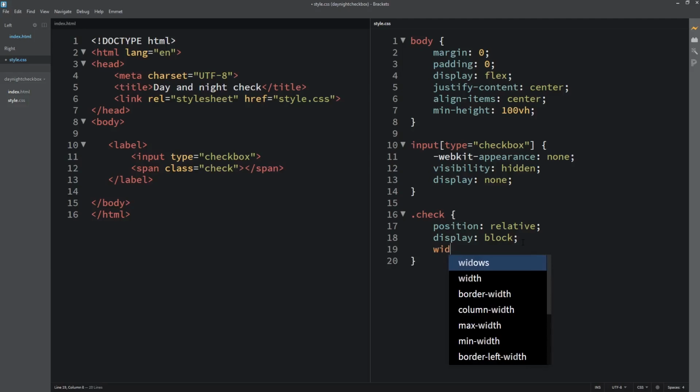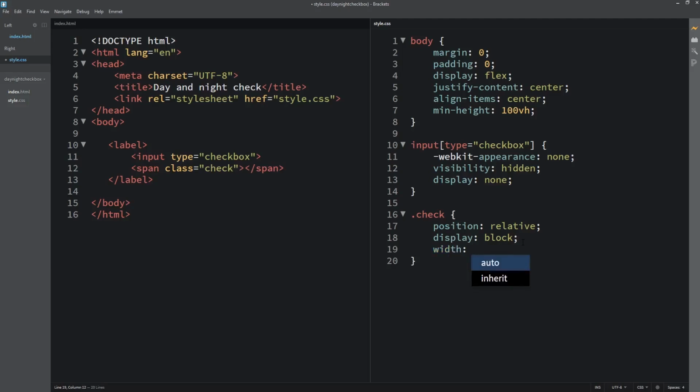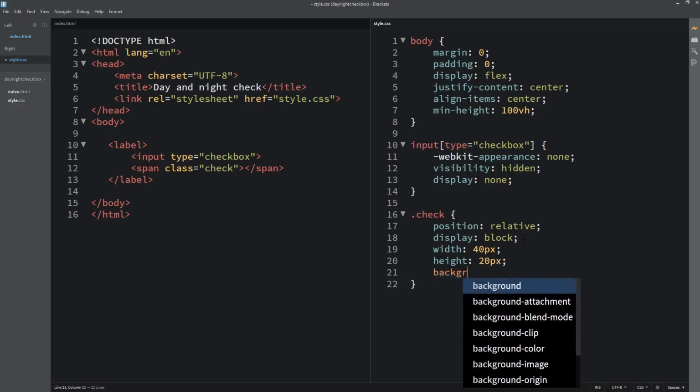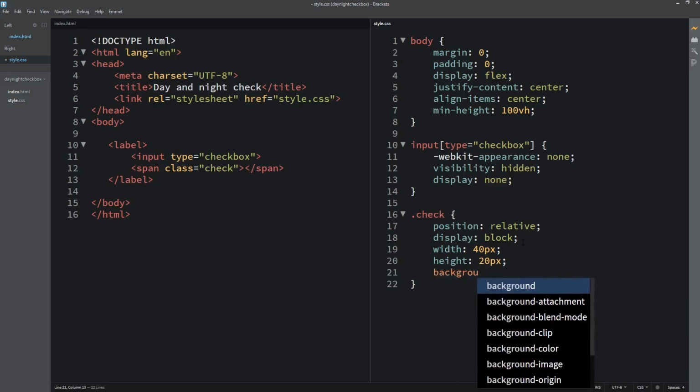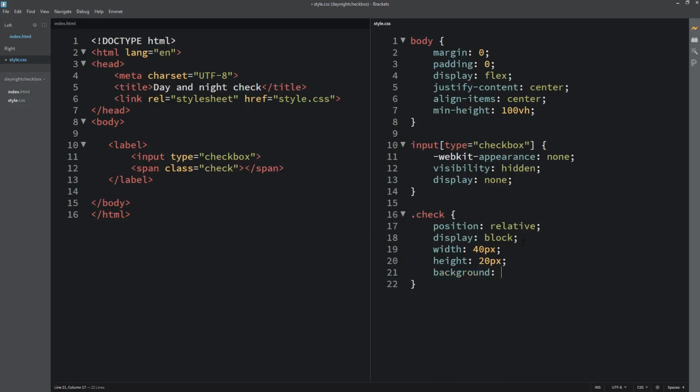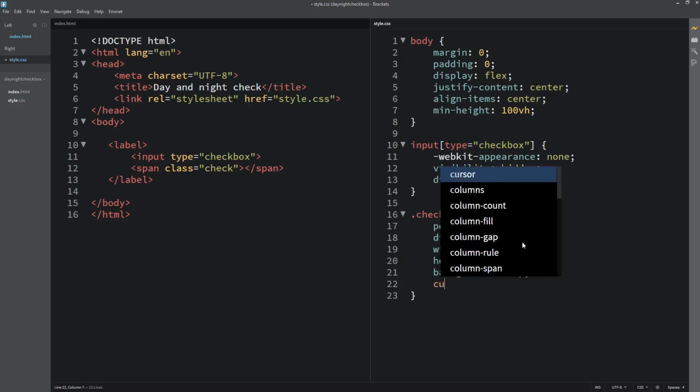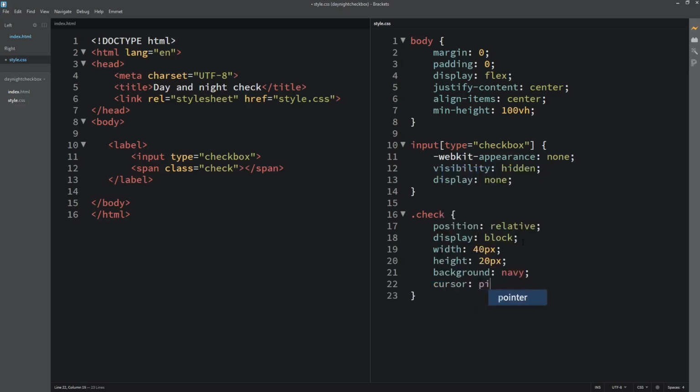Width will be 40 pixels, then height will be 20 pixels. And background, I'll say navy. Then cursor, so that on hover it shows the hand, because I want to click this thing now.